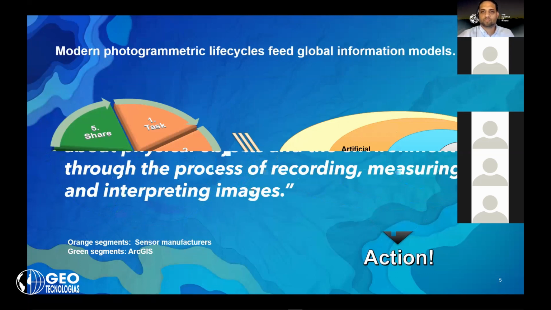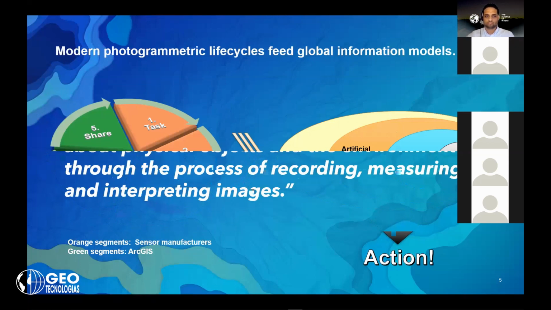And Esri doesn't believe that it's really part of its mission to create that controlling software for the instruments in the aircraft. So we're going to leave that responsibility to third-party manufacturers and the sensor manufacturers to define software that operates their own equipment. But what we see as our mission is to take any content that comes out of that collection process